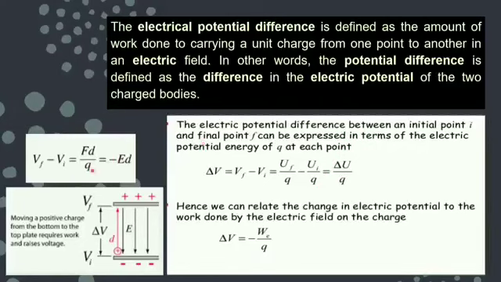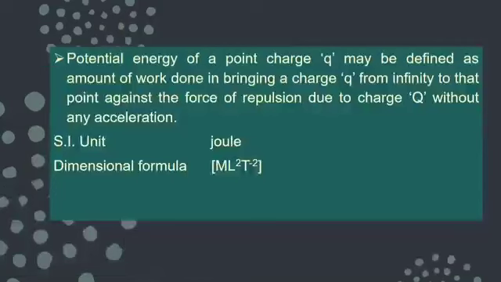Similarly, you can write it in terms of the electric field also, because electric field is your previous knowledge, and this work done can be written as force into distance divided by charge. So force upon charge is nothing but the field. So you can write it equal to E into D. So potential difference will depend upon the electric field. So we have to derive this relation further. You people can derive this relation even.